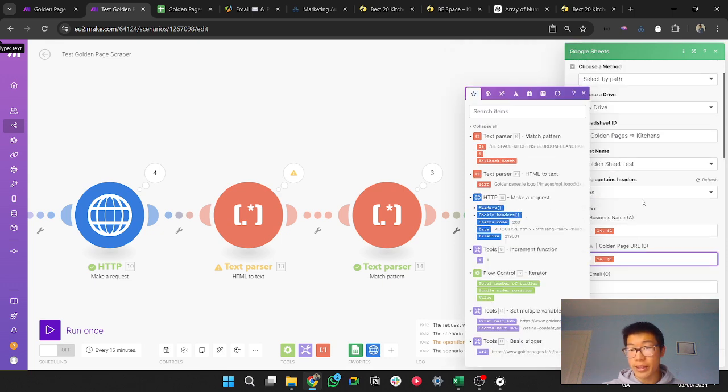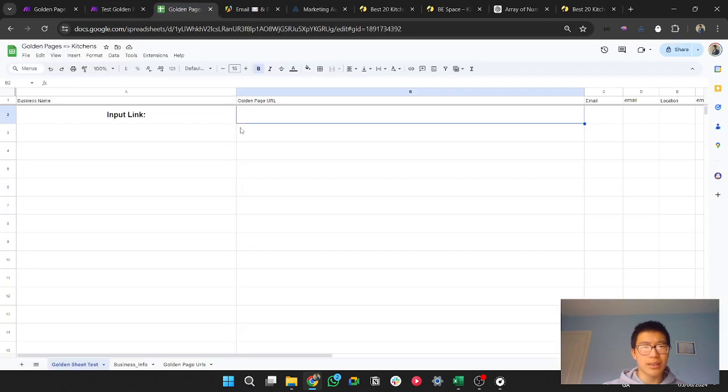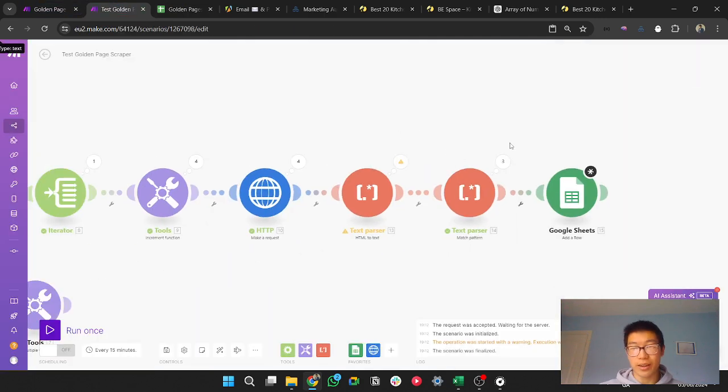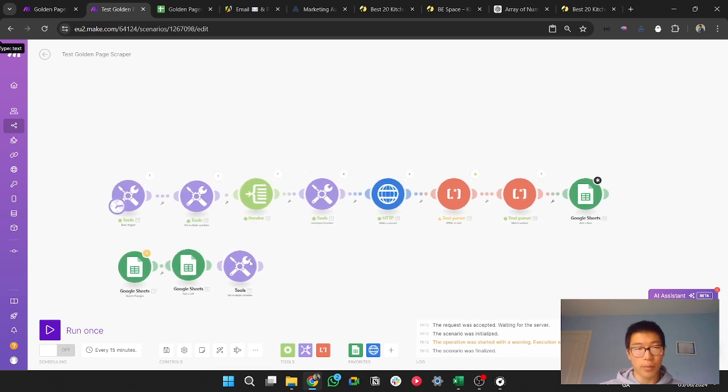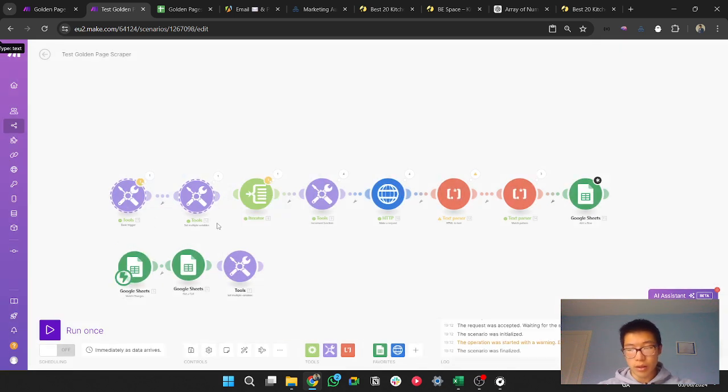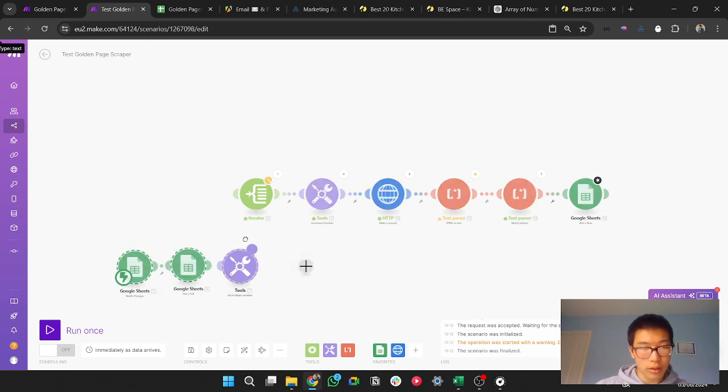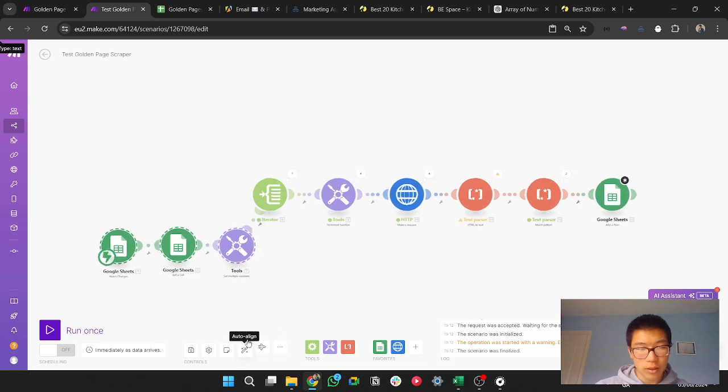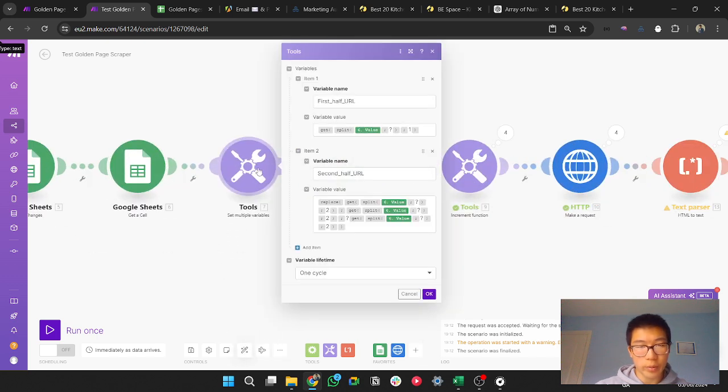And yeah, I think I have the wrong sheet. Wait, business name, URL, C is email, is it? Oh, it is. What? Whoa. That is completely new to me. But basically all this does is it'll add the location, and I'll just demonstrate the full kind of like op now. And I will remove these, move this over. I think delete these, move these, sorry, and I'll touch this up, auto align, and then I think we're missing,